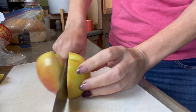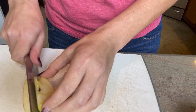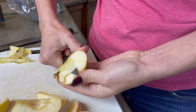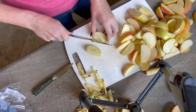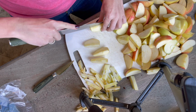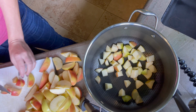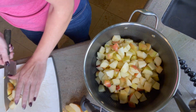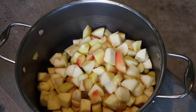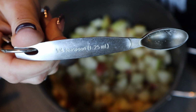To get started, let's go ahead and cut up our apples. You can be pretty liberal with the way that you are cutting up your apples. I'm just doing it into random bite-sized chunks. You're gonna start out with 3 pounds of apples. You're gonna core them. You don't need to peel them. Along with your apples into your large stock pot, you're going to go ahead and add a 1/4 teaspoon of